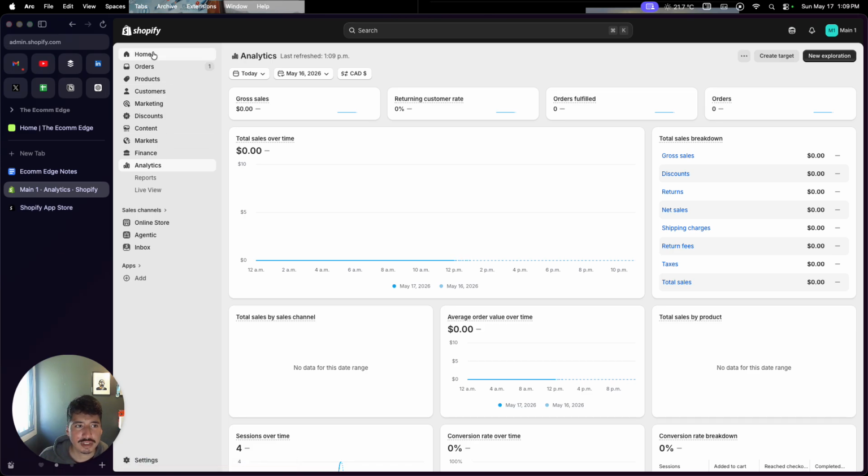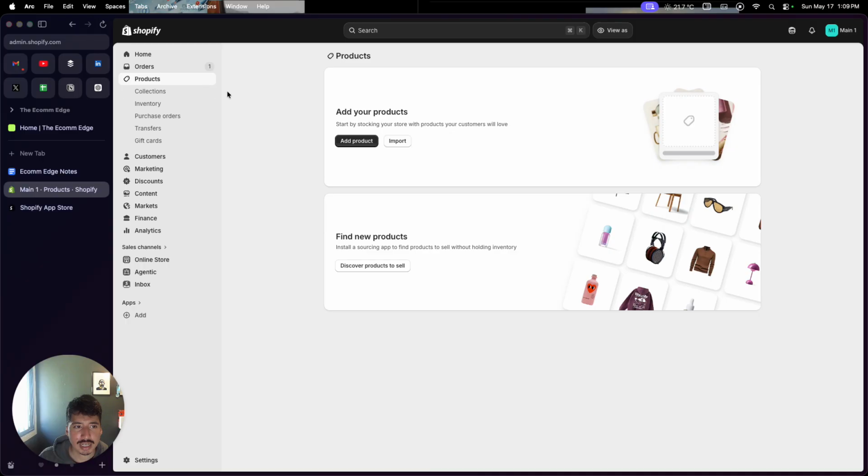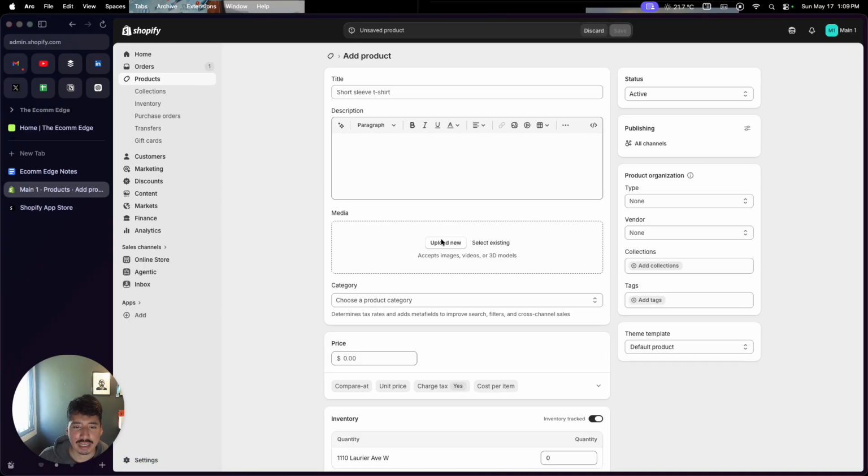One of the first things you want to do when you're building your Shopify store, or your Shopify website, is add a product. To do that, click on products, select add product. From here, we're going to add a basic product. We're going to click on upload new,